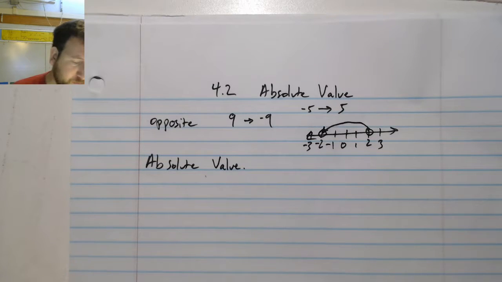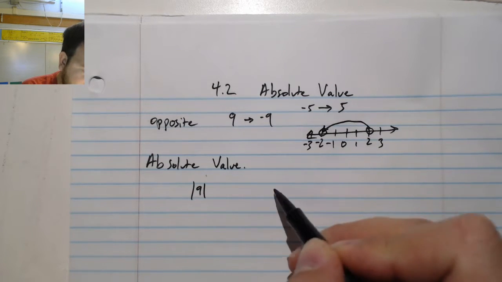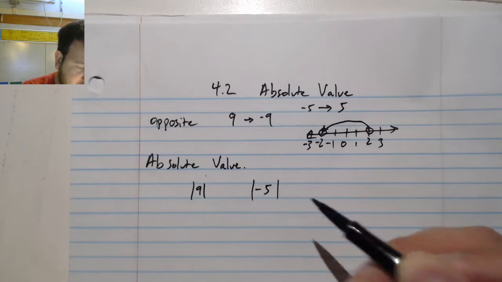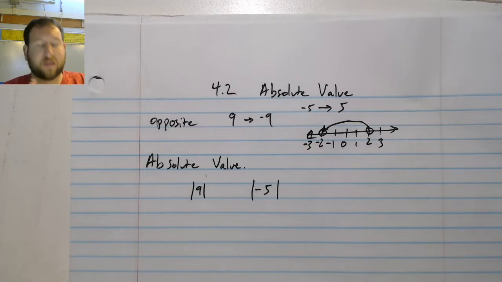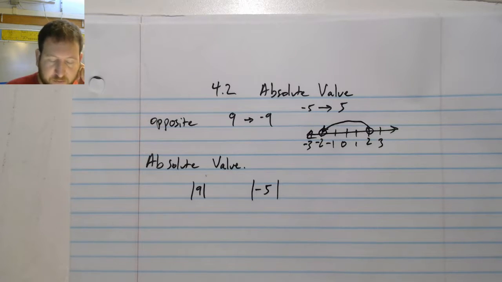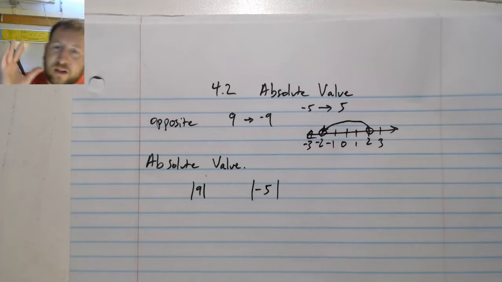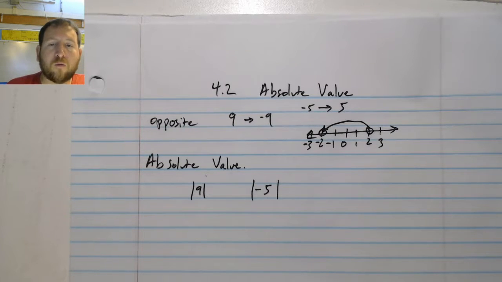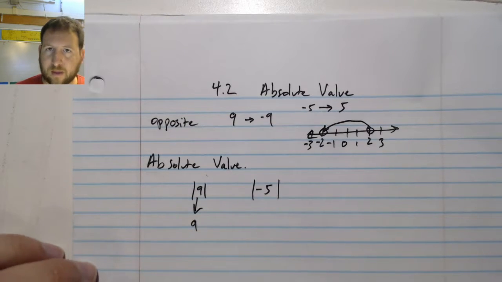Pretty simple. Now, if I'm taking the absolute value of something, I can take the absolute value of 9, and I can take the absolute value of negative 5. And when I write absolute value, I get to put these weird line brackets on the side of something. This is not something we use often in math, but it does come up every once in a while, so it's important to remember. And when we use it in functions later, it makes some interesting things on the coordinate plane. But when we take the absolute value of something, all we do is we make it positive. So if it's positive, it stays the same. If it's negative,